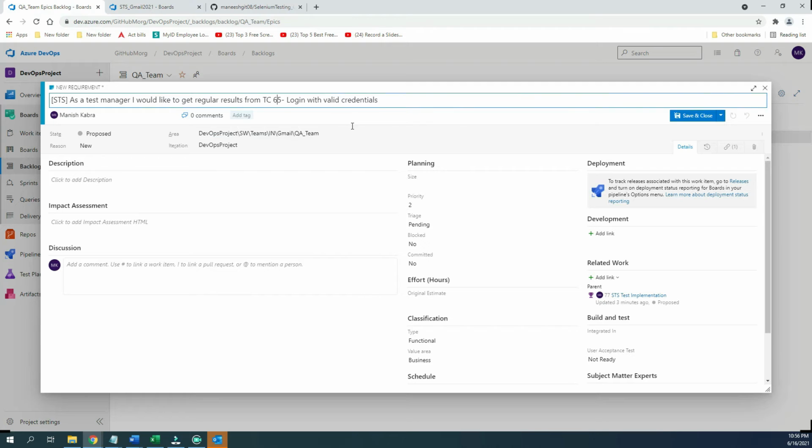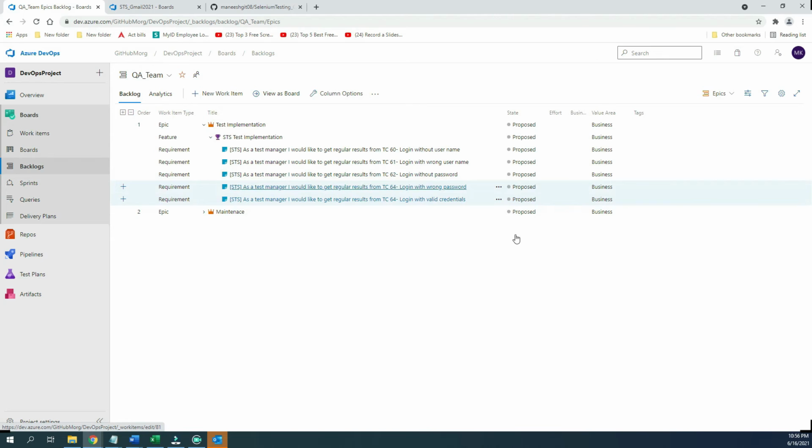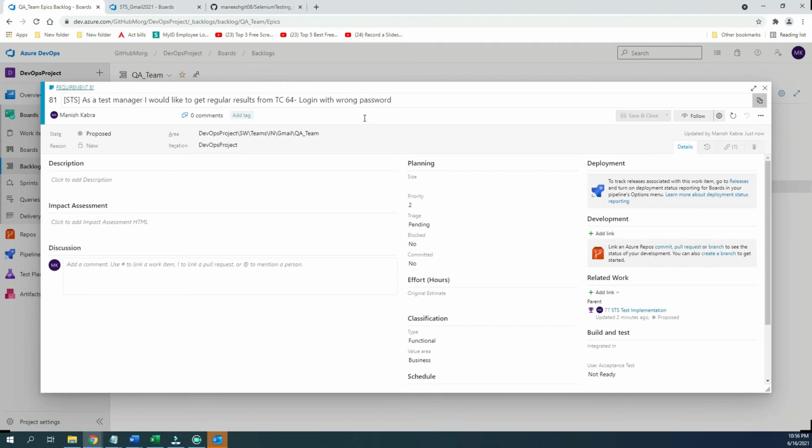Oh, in the past I think I added a wrong number. 64 is login with the valid credentials, and login with wrong password is, I think, 63. Yeah, so this is 63 here.